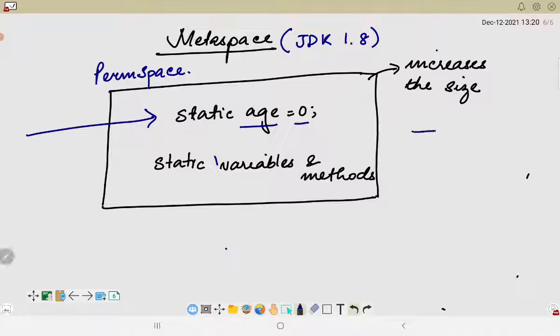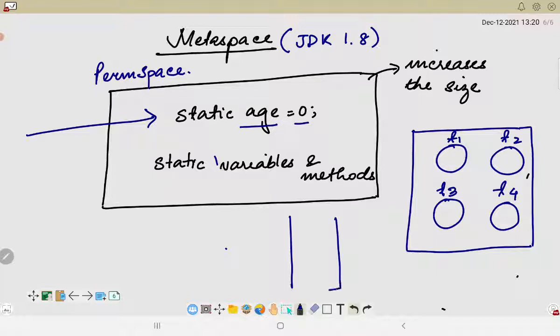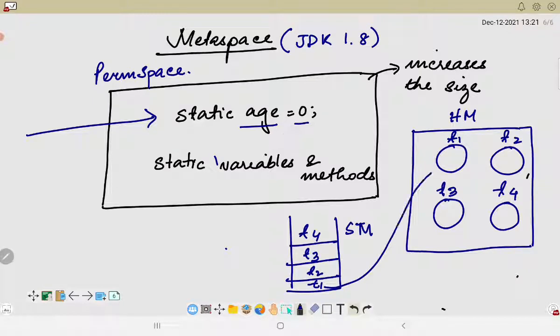If I consider that inside my heap memory there are 4 objects created, let's say T1, T2, T3 and T4, and inside my stack memory I am storing the reference variables, let's say T4, T3, T2 and T1, all of them are pointing to these 4 locations.